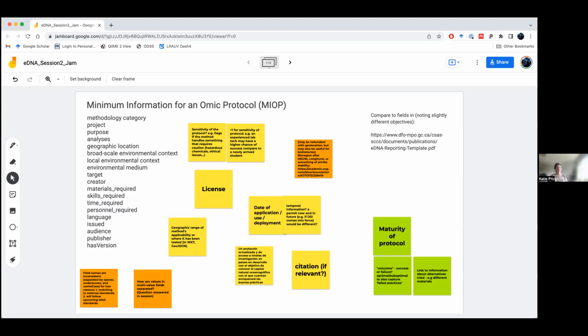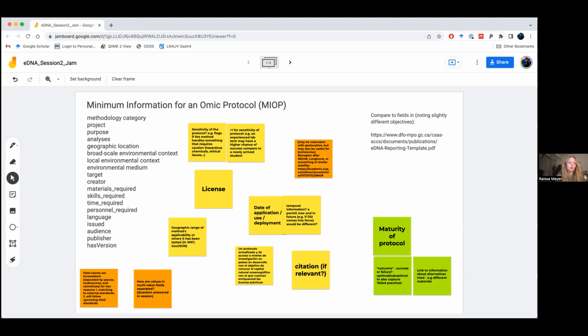Very briefly on that same note, I think it's really good to have that discussion on whether we should have the region or latitude, longitude, to be more specific. One of the things we'll think about when taking this back to the development of MyOp will be how feasible it is to provide that information for the people who are using the standard, because we don't want to put too much burden on anyone using it.